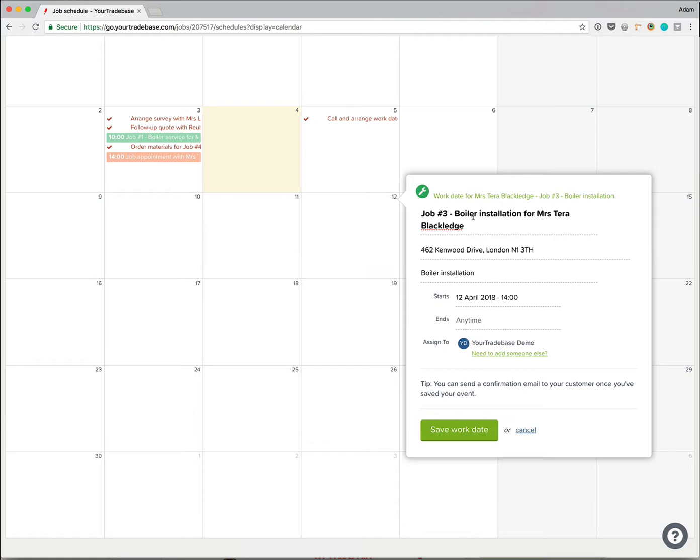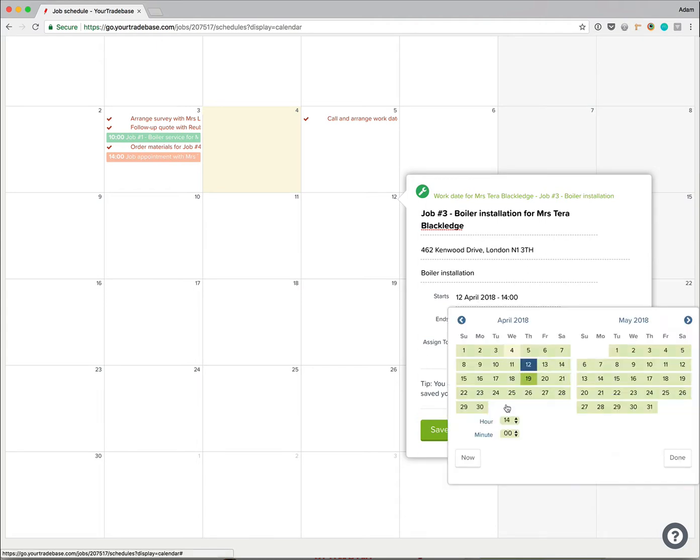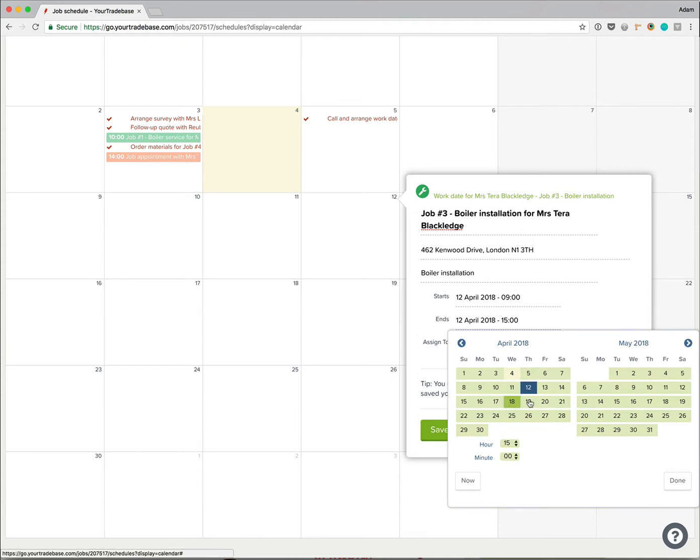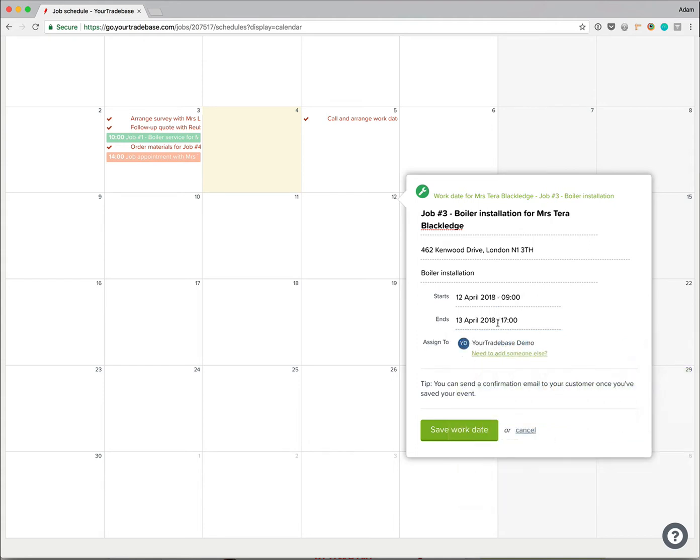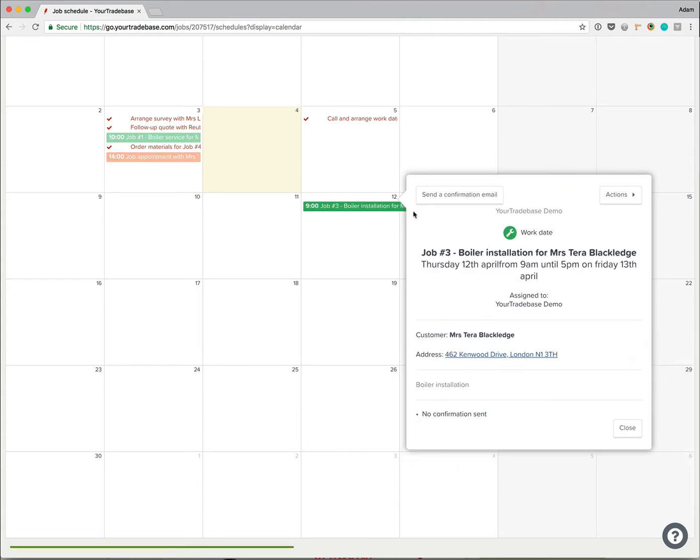So we've selected the 12th. We've got job number 3, the boiler installation for our customer, with the address and the description of the job, and we can say when this is going to start. So this is going to be 9 o'clock in the morning, and we're going to book this out. It's going to be a 2-day job, so we're going to put that in until 5 o'clock on Friday there. We'll go ahead and save that date,